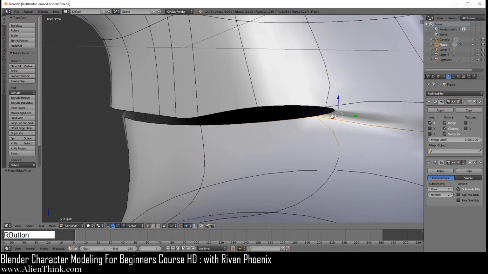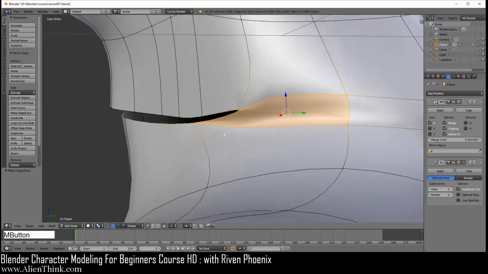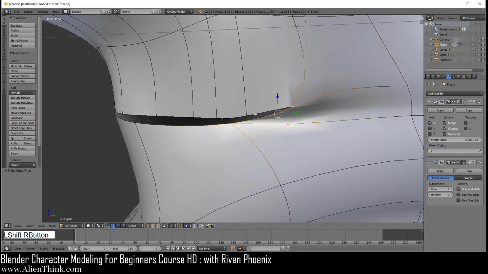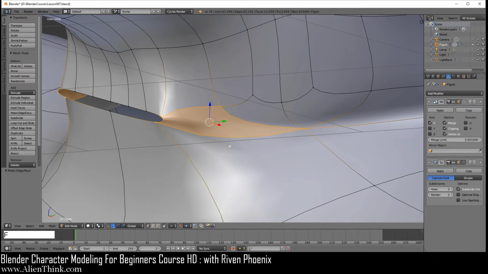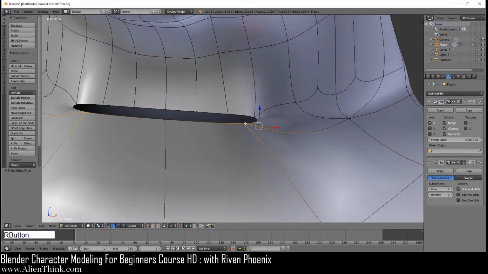We're going to do right click this one, this one, this one, and then this one. Do F. I'm going to click on this one, this one, this one, this one, and then F. Rotate it a little bit. This one, this one, this one, and then this one over here. Do F. And then we're going to click on this one, this one, this one, this one, and F. Over here, go ahead and select same thing.